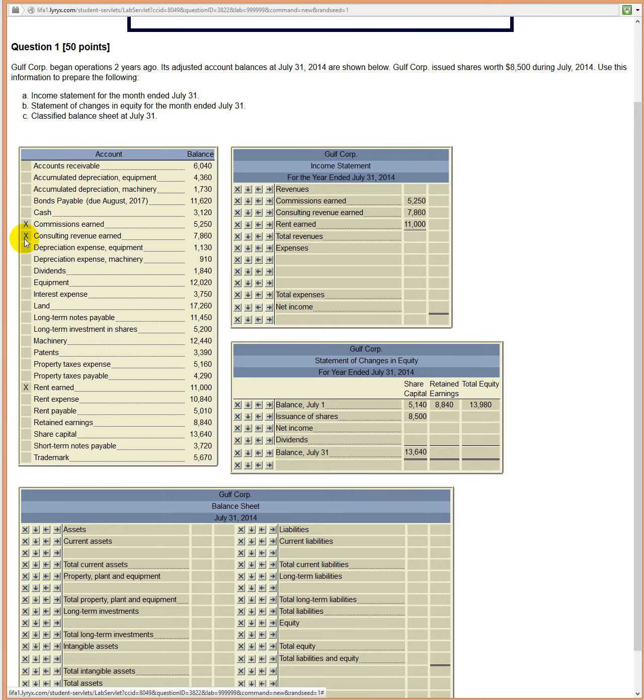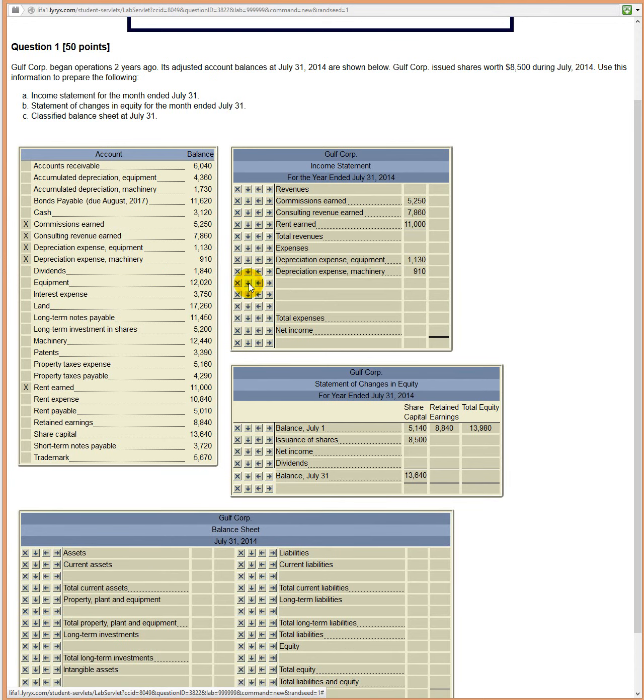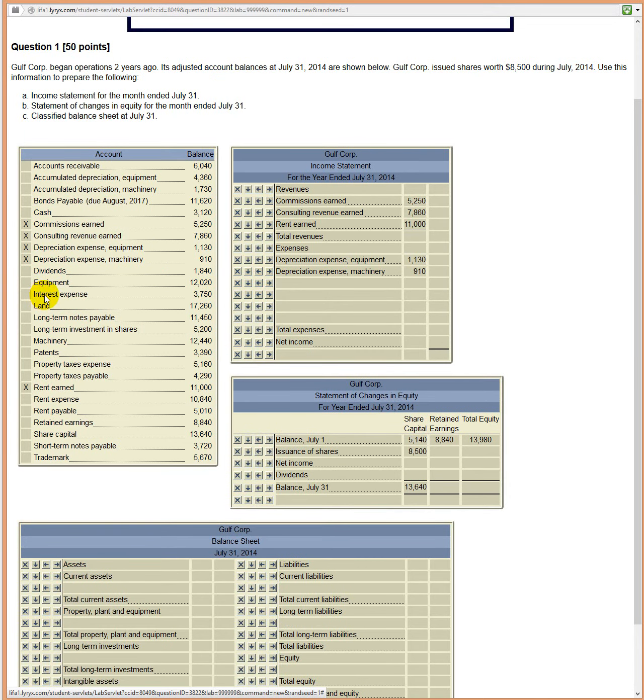Now we're looking for expenses. We have depreciation expense on the equipment and depreciation expense on the machinery. Let's pull those numbers in. And in this year, they're not actually the same as the accumulated depreciation because this is our second year of operation. We're going to need some more room, a couple more expenses here. We have interest expense